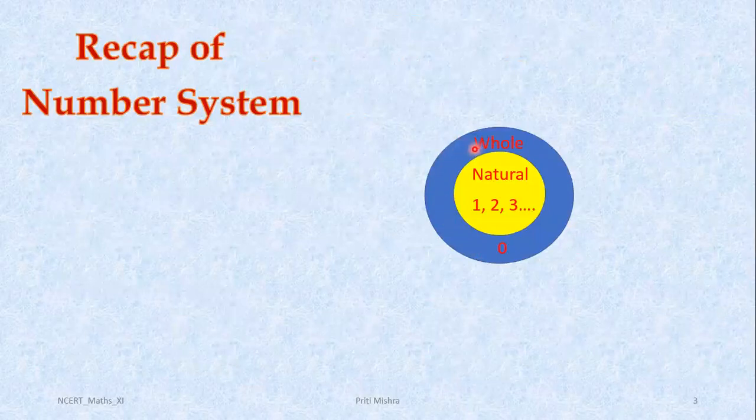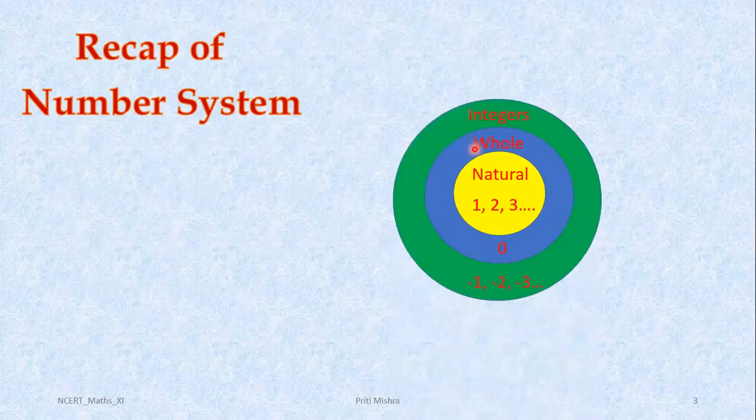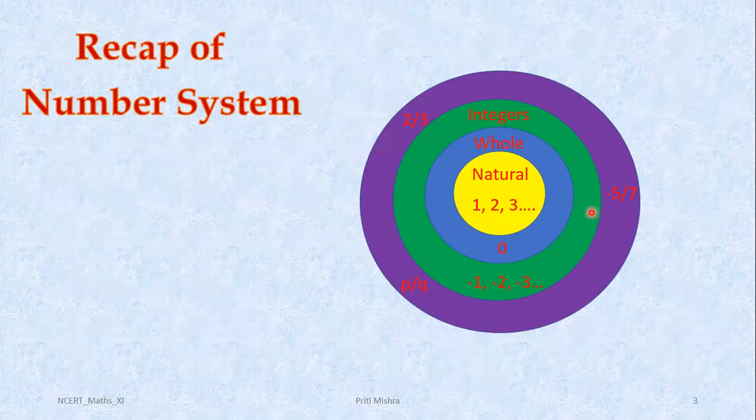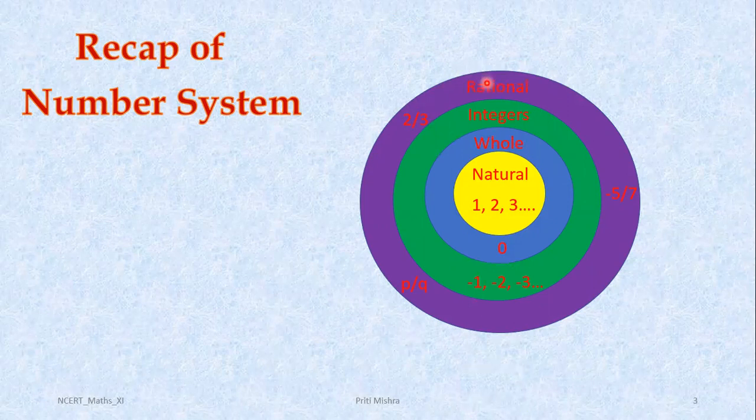And in the set of whole numbers, when we add all the negative integers, then we can have the set of integers, like from minus infinity to plus infinity. All negative and positive integers are here in this set. Now we are not having rational numbers. If we add rational numbers in the set of integers, like numbers which can be written in the form of p by q, where q can't be 0, rational numbers like 2 by 3 and minus 5 by 7, then we are having the set of rational numbers.